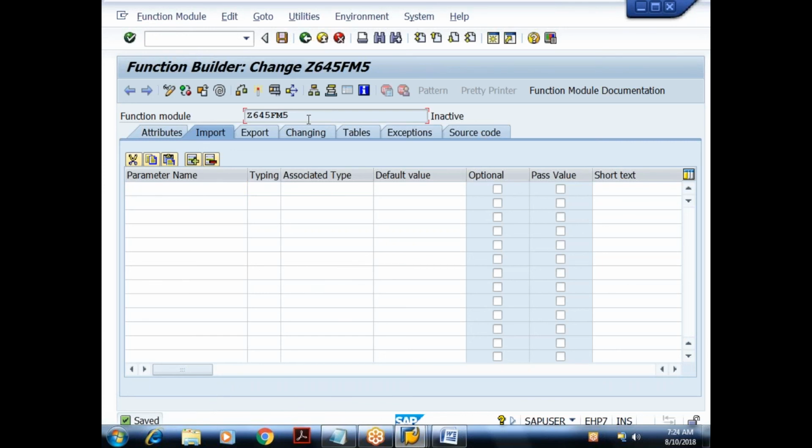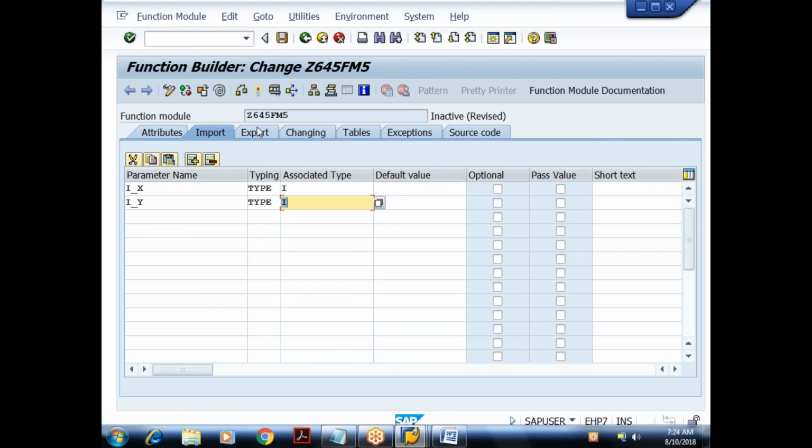So my requirement is a very simple concept. I want to pass two integers as parameters and return the division of those two numbers. I have to pass two input values and I have to return the division of those two numbers. So how do we do it? In the function module, in the import tab, I'll give the parameter name I_x type I. Let it be mandatory. Then I_y type I. Again, let it be mandatory.